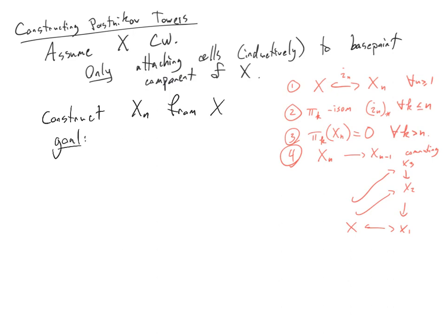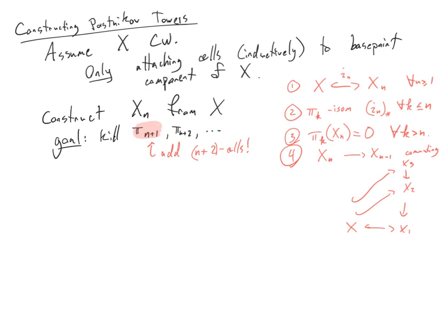So our goal is to kill pi n plus 1, n plus 2, and so on. And in order to eliminate elements from pi n plus 1, for instance, the lowest one, what we need to do is add n plus 2 cells. So for every element of pi n plus 1, or for a generating set, we add n plus 2 cells,